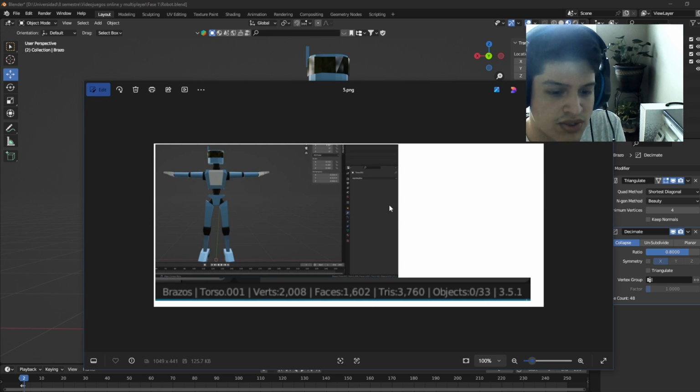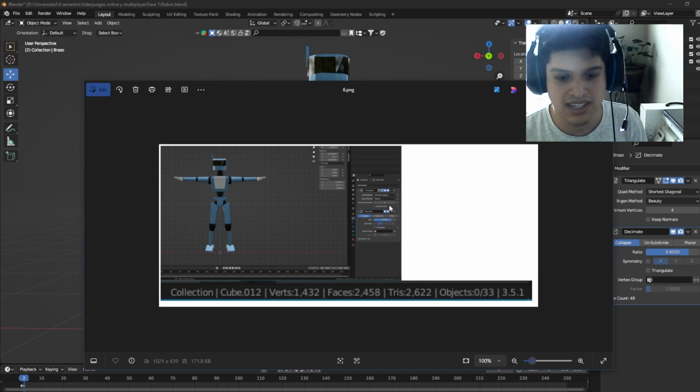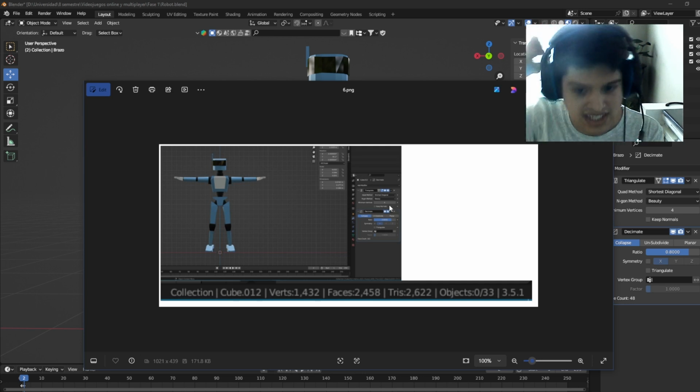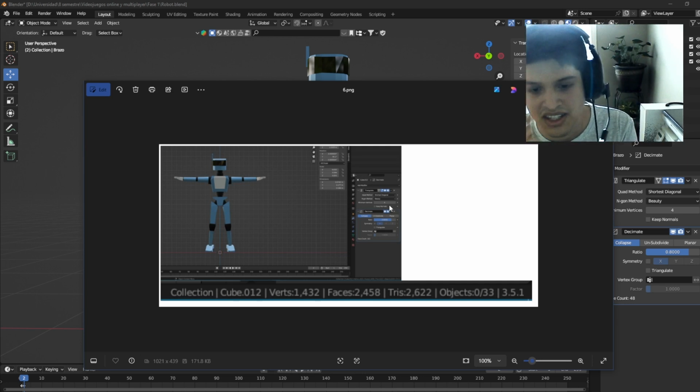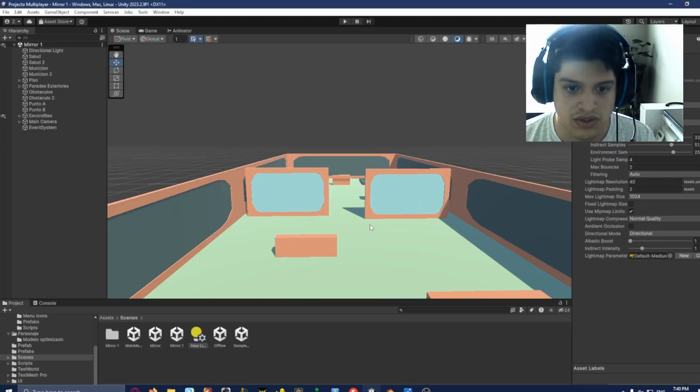Before it had 2000 vertices and 3,500 triangles. Now it has 1040 vertices and 2600 triangles. So after I did that, I go to Unity